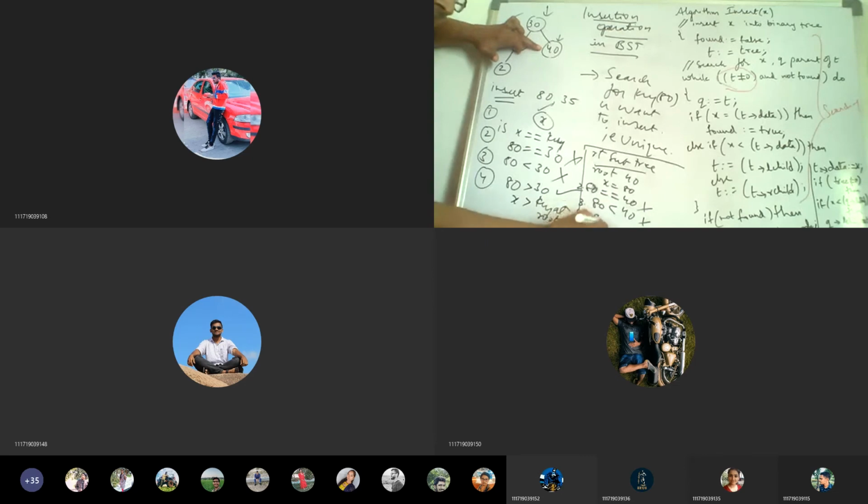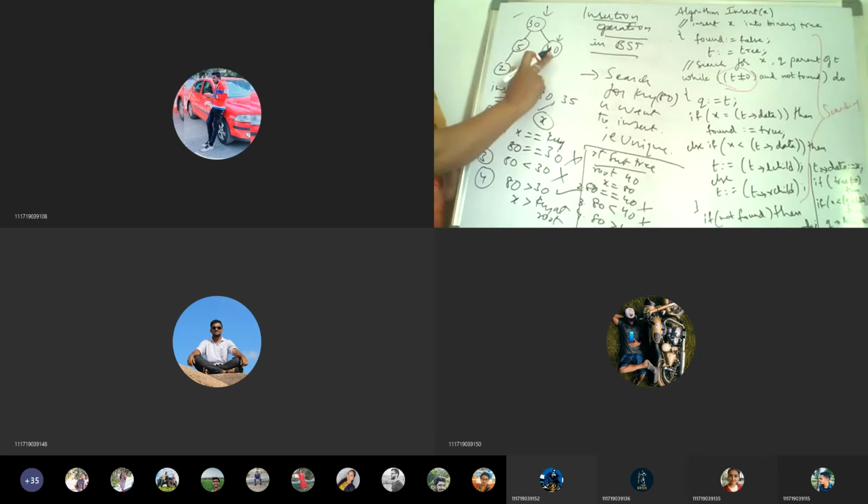No. Is 80 greater than 40? Yes. So 80 equal to 40 is false, 80 greater than 40 is true, and 80 less than 40 is false. If it were lesser, we would move towards the left subtree of that node. Since the lesser condition is false, we don't consider the left side. So the condition of 80 greater than 40 holds for the key we are searching, 80.